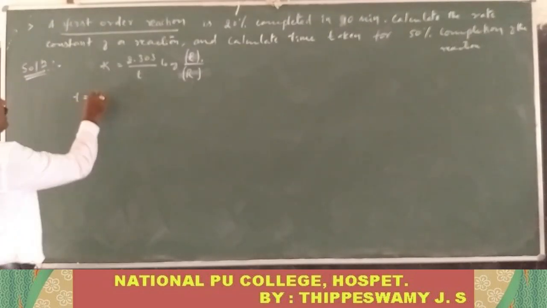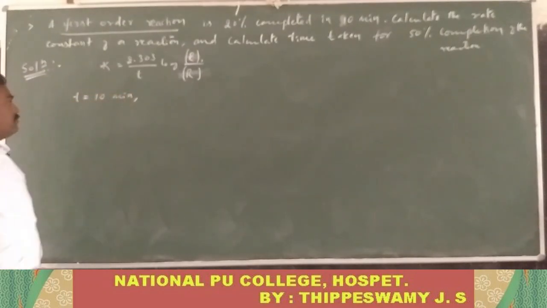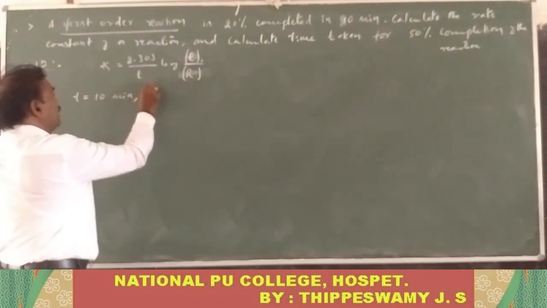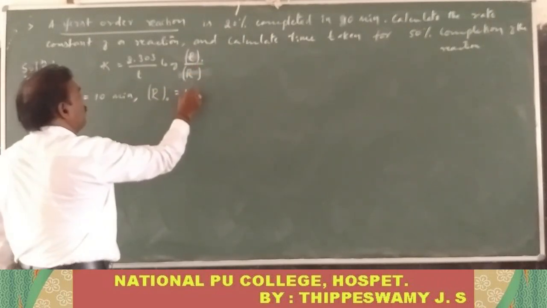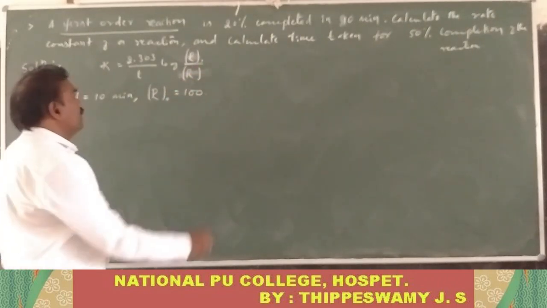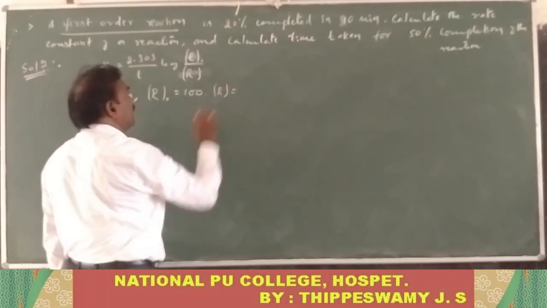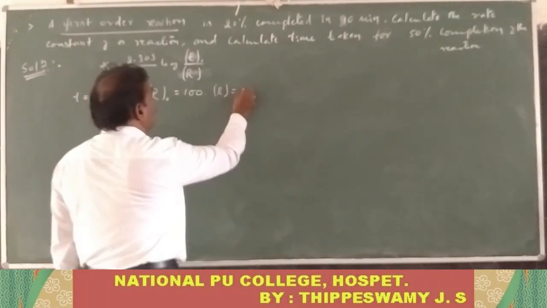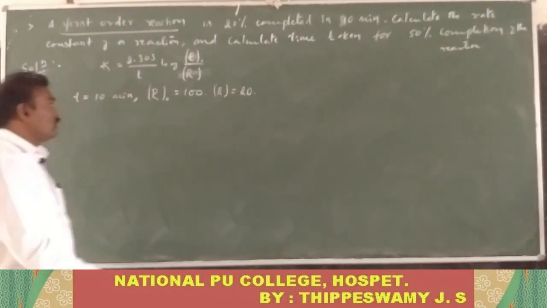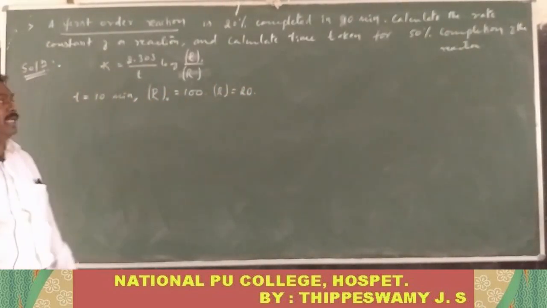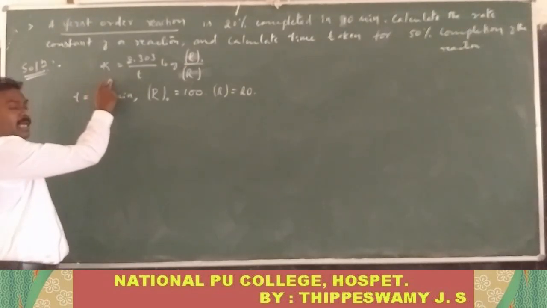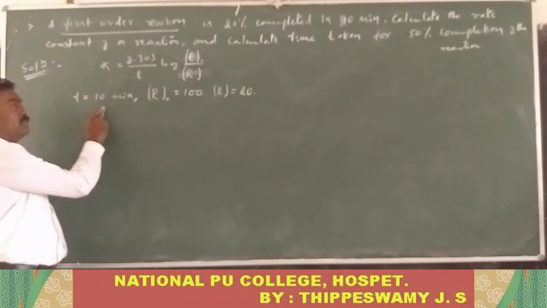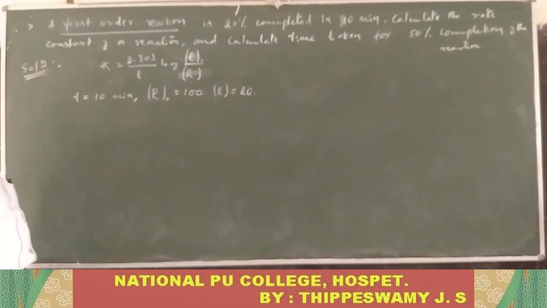Time T is equal to how much given? That is 10 minutes only. Okay now? What is initial concentration of the reactant? That is R naught. R naught value will be equal to how much, you know? That is 100%, means that is 100 only we can take. And what is the value of R, you know? That is concentration after the time interval 20%, means that is 20 we can write. So these three data compulsorily we have to write carefully in the beginning. Following all of you, first of all you write the formula according to the integrated rate equation for the first order reaction, and then you take the data like this. Following, and now here now substitute the values here.